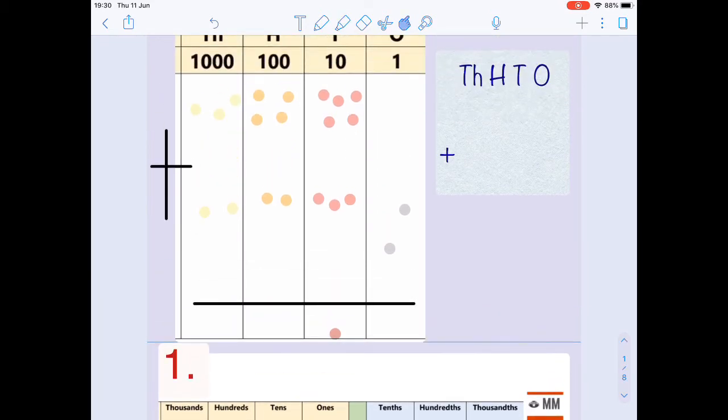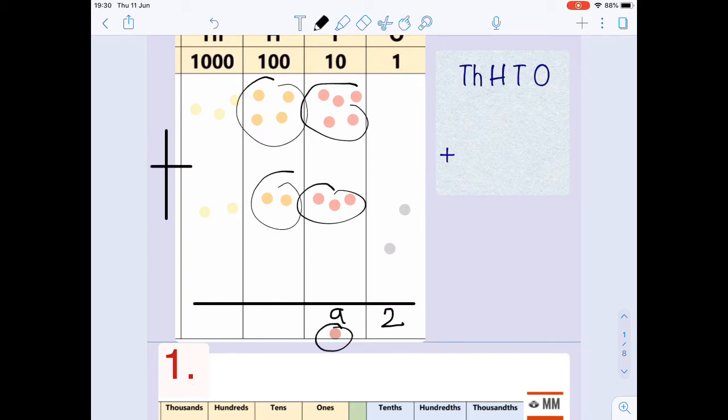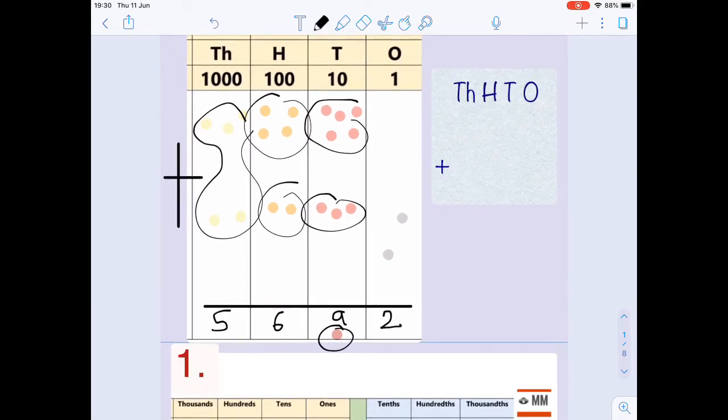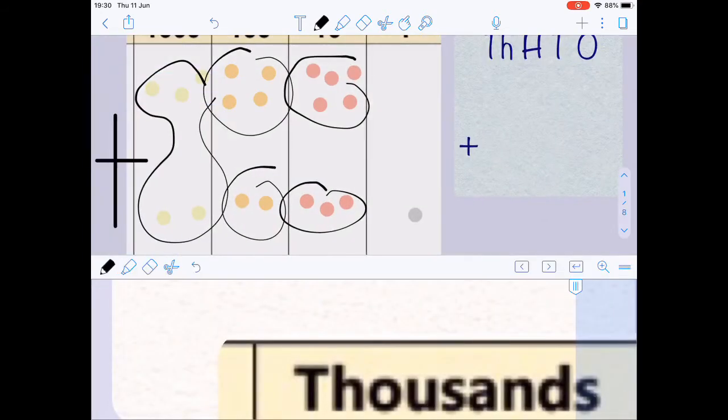Okay, so now I can do the calculation. So I can add the 5 and the 3 to make 8, then add that 1 on makes 9, then I've got 4 and 2 makes 6, and then 3 and 2 makes 5. A bit of subitizing there, so I can see straight away what I've got. Okay, so